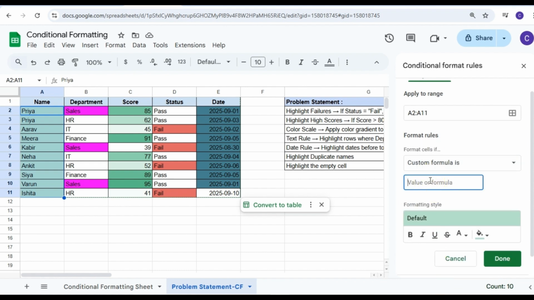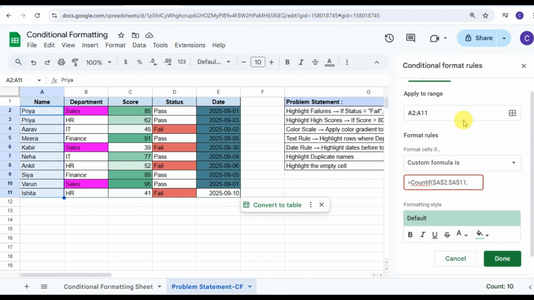So basically we will be identifying the duplicates based upon the COUNTIF formula. So COUNTIF, and the range here is A2 to A11. So A2 to A11, and I am just fixing the range. We can fix it using the dollar sign. So I have just fixed the range.